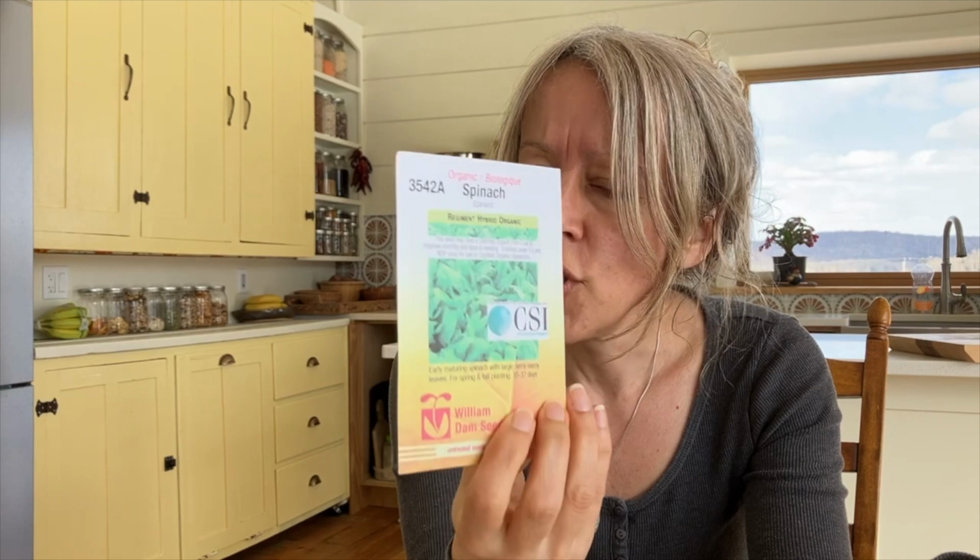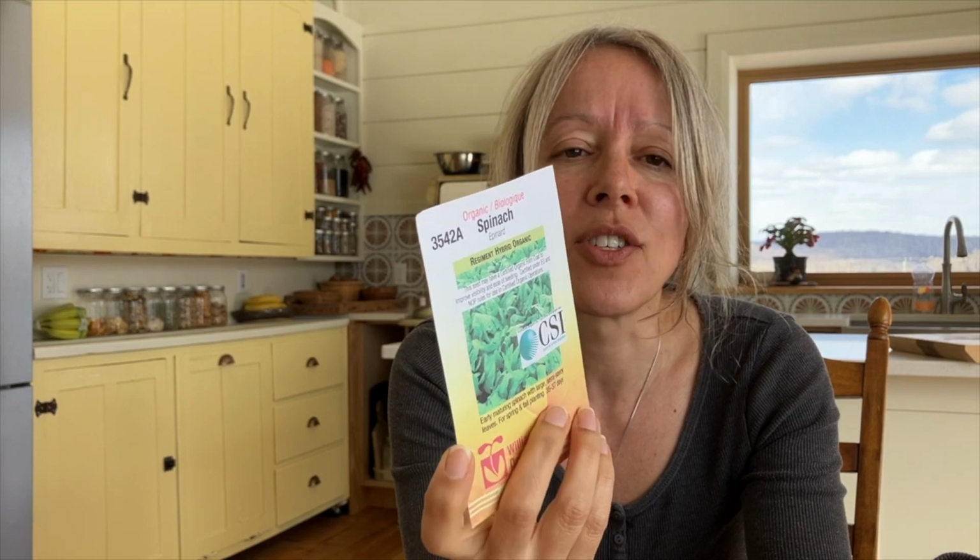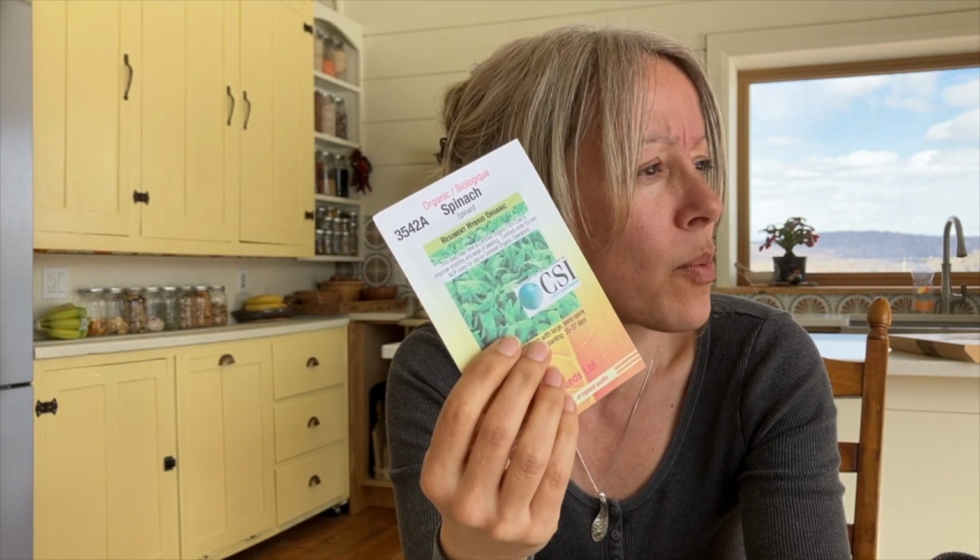Spinach is usually very easy to grow, but for some reason I can't grow it here. And if anybody knows why, what am I missing in my soil that spinach isn't growing? It just seems very strange. Maybe there's like a little bunny rabbit coming around and eating it and I don't notice. But anyway, I'm gonna try again to grow spinach. I like it in omelets in the morning. So we'll see. Oh, and the tomatoes that I've already started, but I'll go through the ones that I did